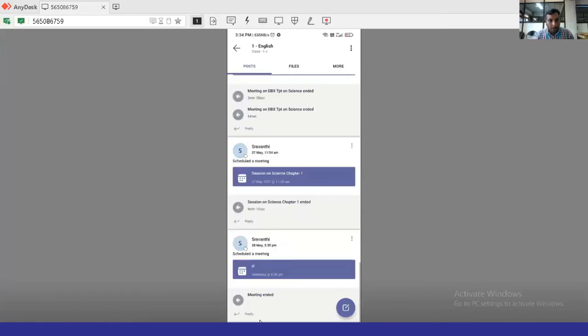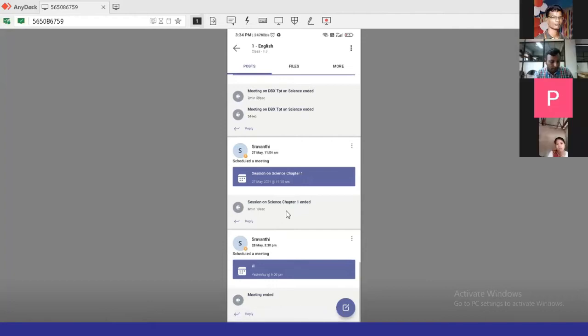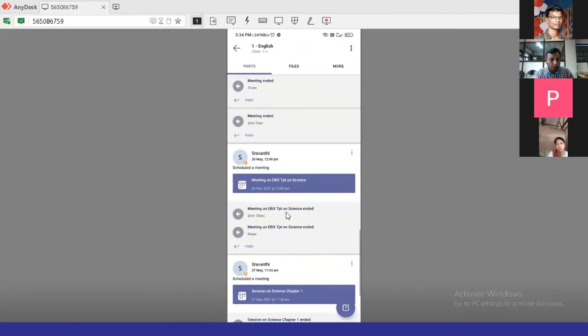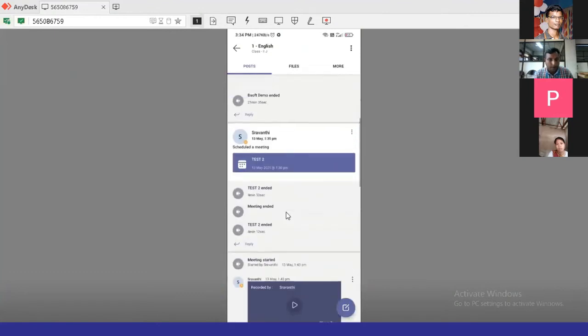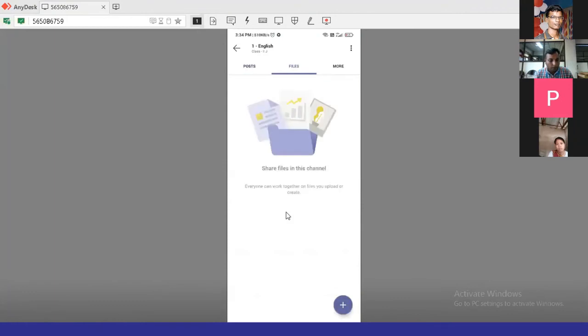Here I will be able to see the recordings, school recordings, a session on chapter 1, a meeting on the science subject and things like that. Also files, whatever files I'm sharing, will be shown here using the Files menu.